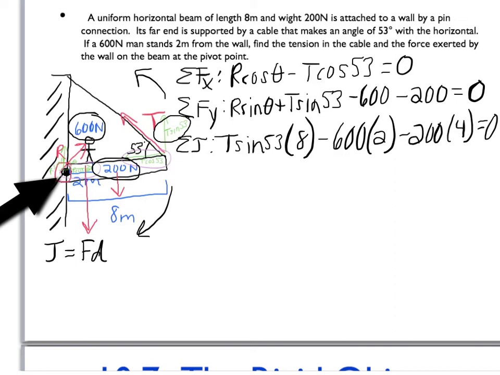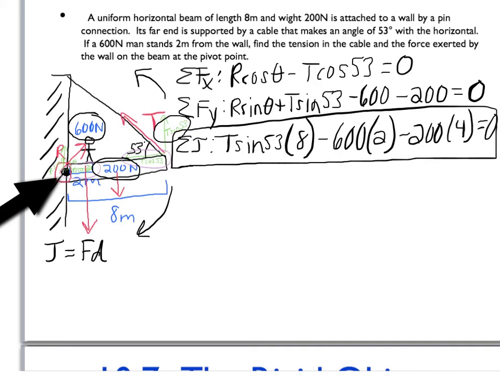In the first place, our torque equation is already ready to be solved. Notice that there is only one variable in this equation. If you were to take the time when you pause this video to actually solve for that, you would have found that the tension force is equal to 313 newtons. If tension is equal to 313 newtons, now we can come back to some of our other equations and plug that in. For example, we can plug that value in here, and we can also plug that value in here,